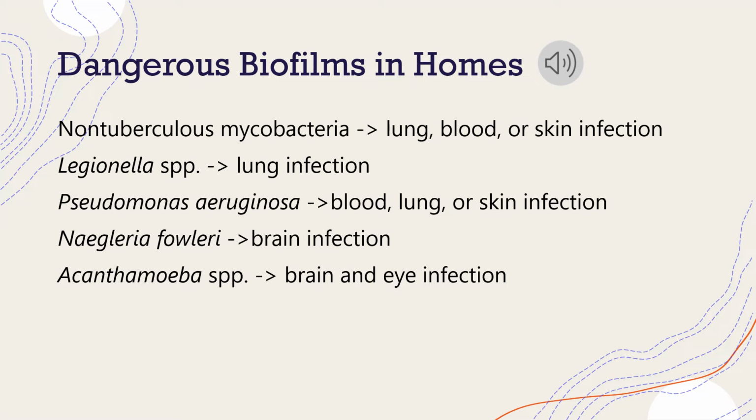Once biofilms are able to get within someone's body through the routes mentioned in the previous slide, they can cause many different types of serious infections, such as lung, blood, skin, brain, or eye infections. Listed below are several of the most dangerous types of bacteria which create biofilms, which can be found within your